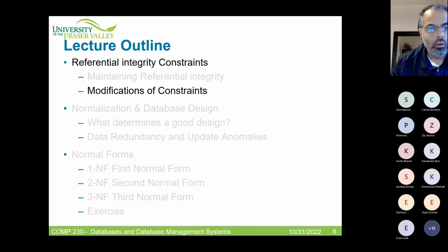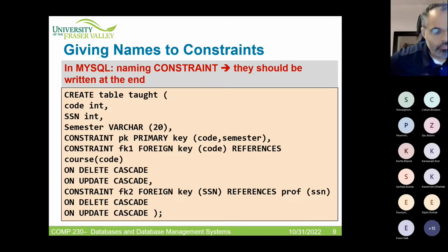So if I already have this constraint, which is about this foreign key, and on update do this, on delete do this, still I can modify it, yes. Still I can modify it, the same as we did before when we talked about DDL query. When we talked about DDL query, we said, okay, we still can modify our structure. So now if I add a constraint, which is how to deal with the foreign key, still I can modify this constraint. How can I? This is why it's better to give a name